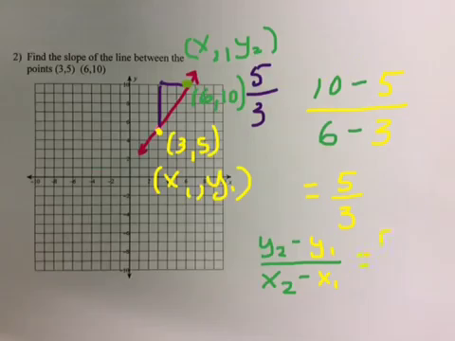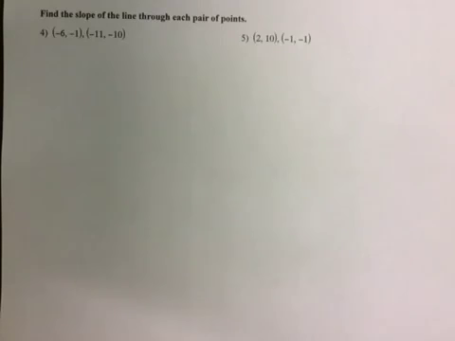And that will give us our rise over our run. Let's practice using this formula. So here I have, question number 4 here has only 2 points. So let me start by writing down my formula. y2 minus y1 over x2 minus x1. Now, if you look at your points there,